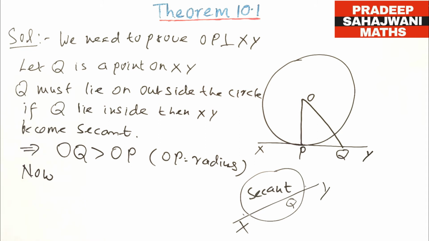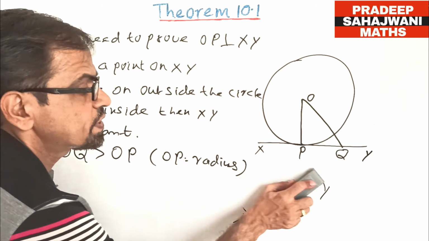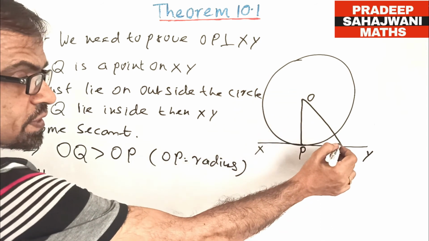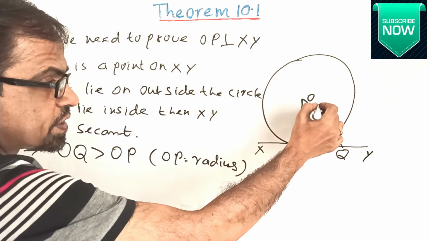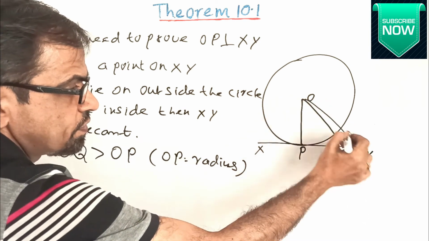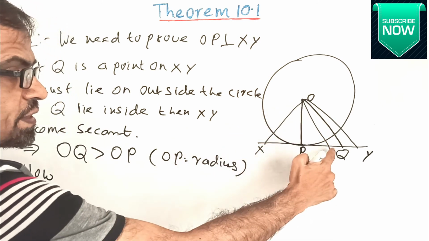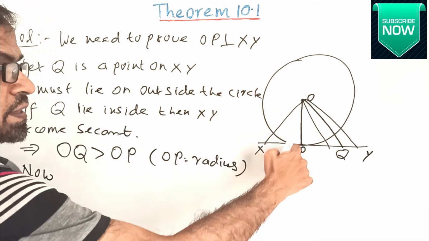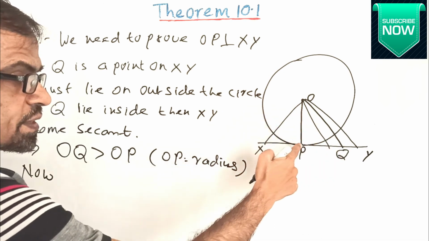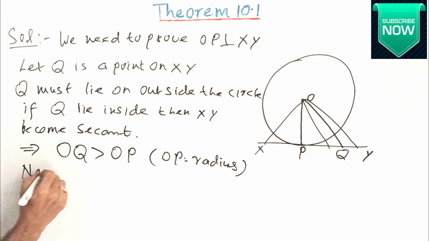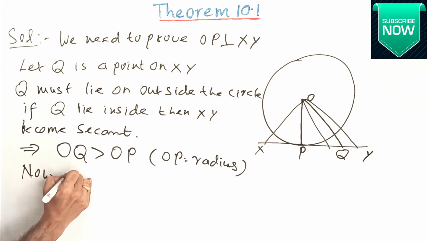Now in the second phase you will conclude. You will conclude what? Listen here, I am erasing this one. What we have to conclude? Listen students. Q is outside. It means for all other points, suppose we are taking this point, this point, the point on this side, for all points except P, this OP will be the shortest.